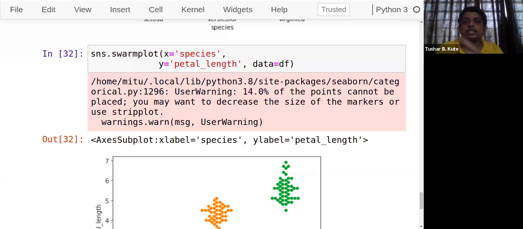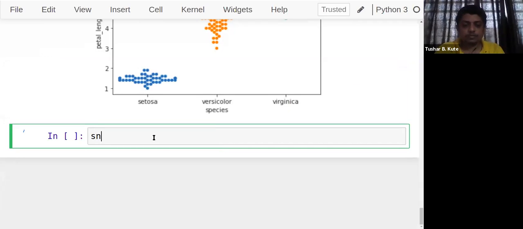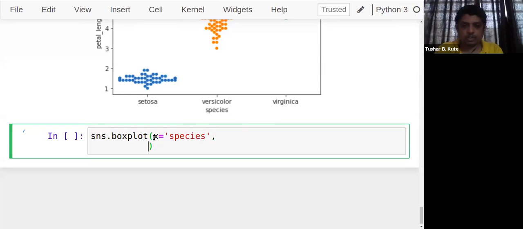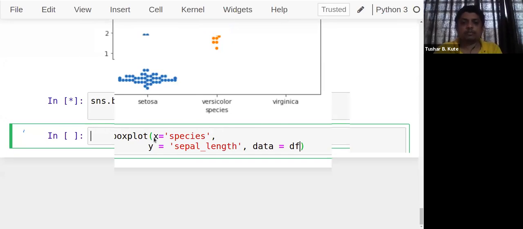Now let's see the box plot. We'll again have the categorical variable on the x-axis and the continuous variable on the y-axis. On the x-axis we have the species, and on the y-axis, let's say, sepal length, and which data am I using? df.